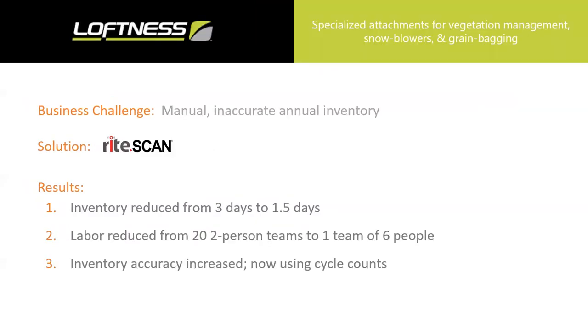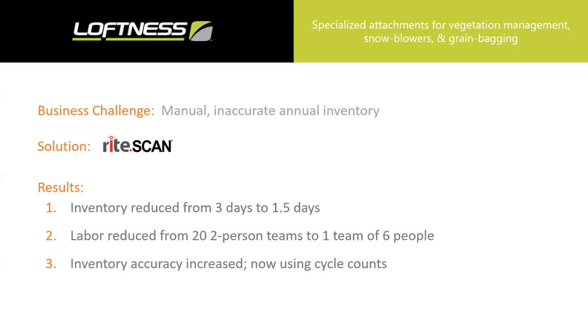Another customer is Lofness, which is based out of Hector, Minnesota. The company manufactures and distributes specialized attachments for vegetation management, snow blowers, and grain bagging systems. They roughly employ 90 employees and operate in a 100,000 square foot facility. The business challenge they faced was that each year their annual inventory would take up to 3 days or more